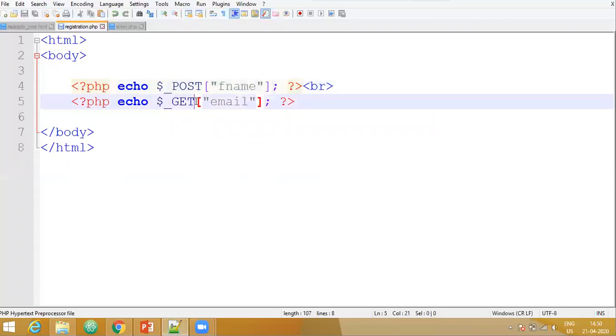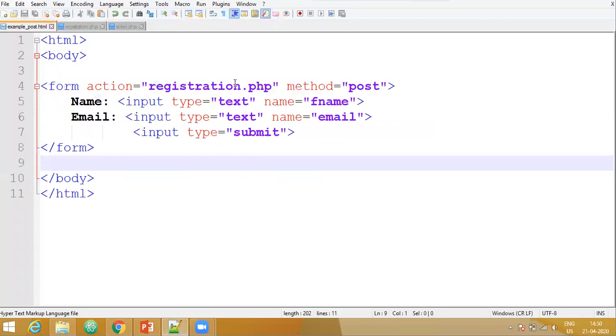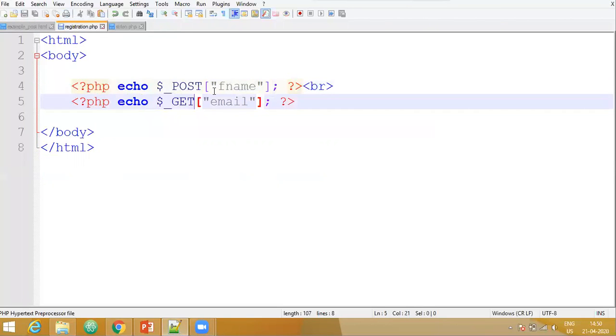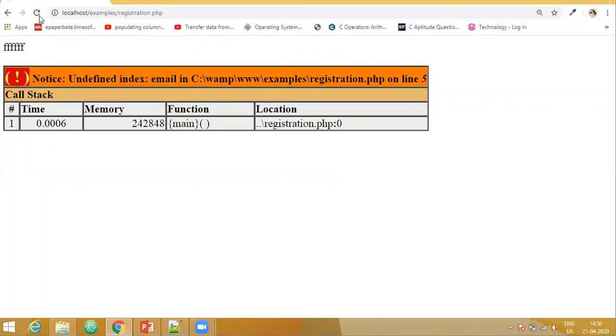So if in a form you have the method specified as post, but here you take it as get, even that will not fetch the property value. Now we have changed. Let us refresh it.